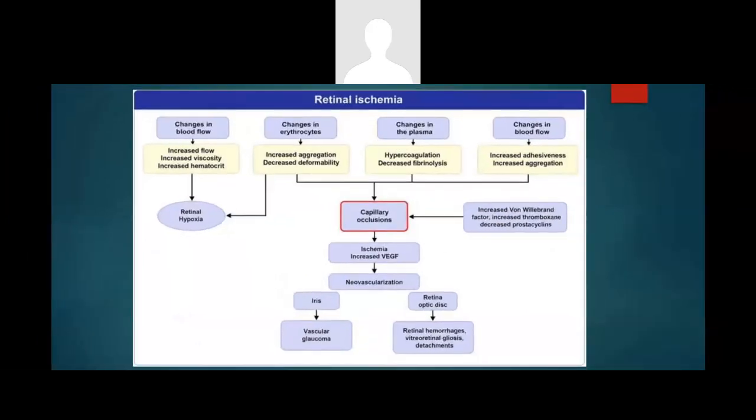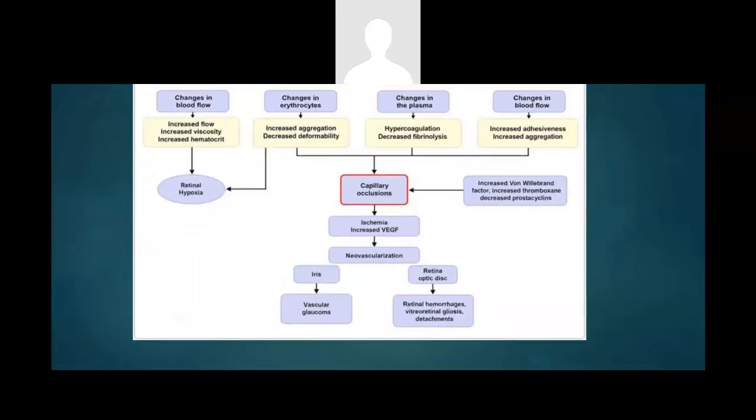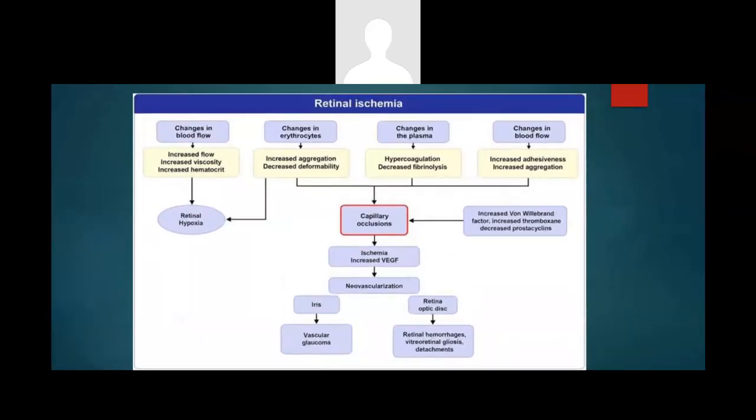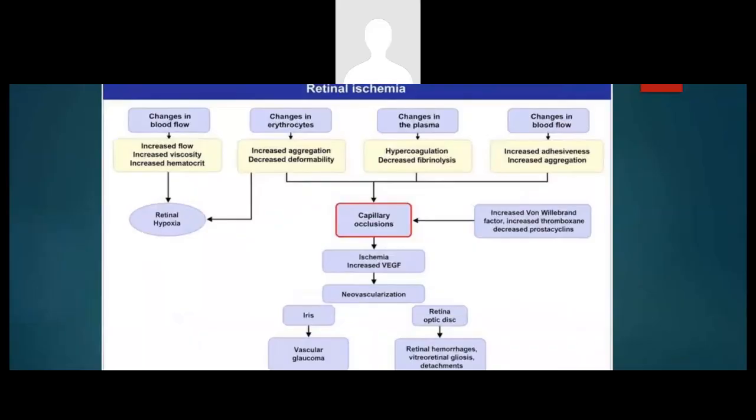And this slide summarizes the causes of retinal ischemia, not only in diabetic retinopathy, but overall. First, there are changes in the blood flow. There may be increased flow, increased viscosity, or increased hematocrit. Then there are changes in the erythrocyte itself that cause increased aggregation or decreased deformability, or changes in the plasma, that